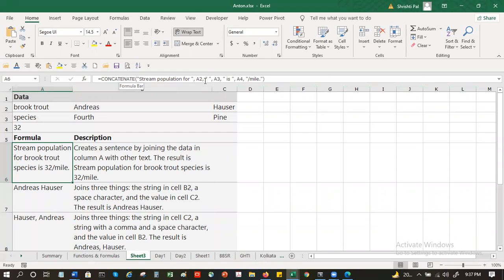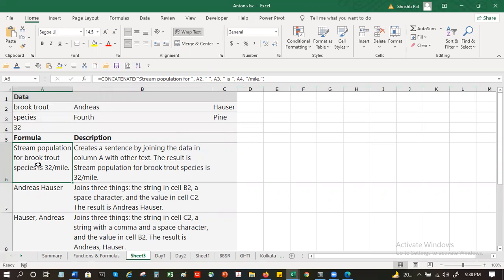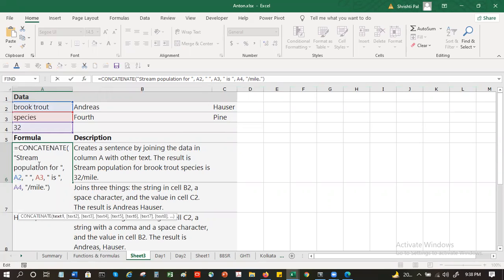Stream population for, where is it getting A2? Brook trout. You see this? Even when you copy it, the function works exactly as they have shown you. Just put it in Excel and paste it.